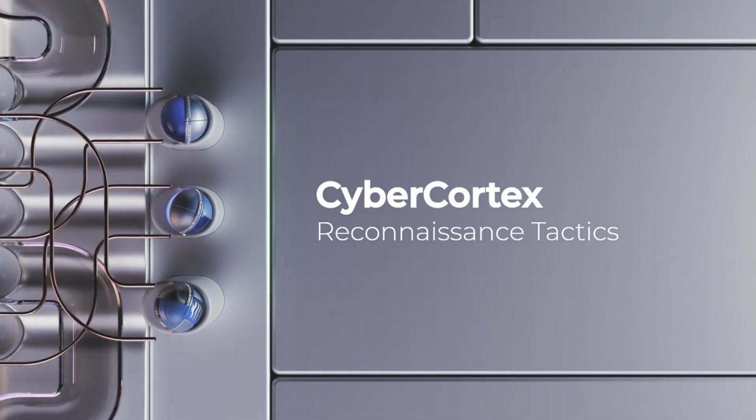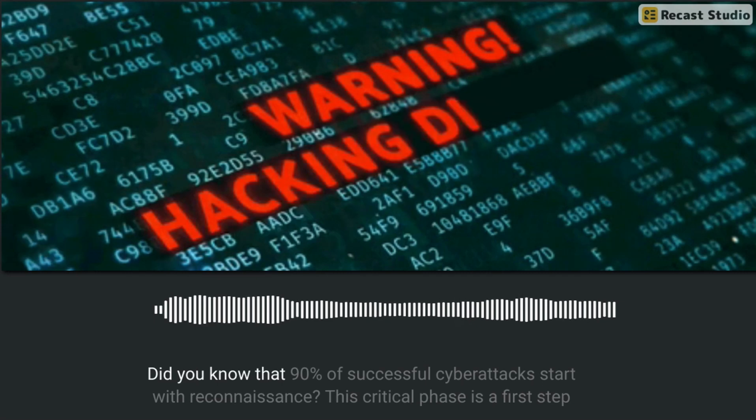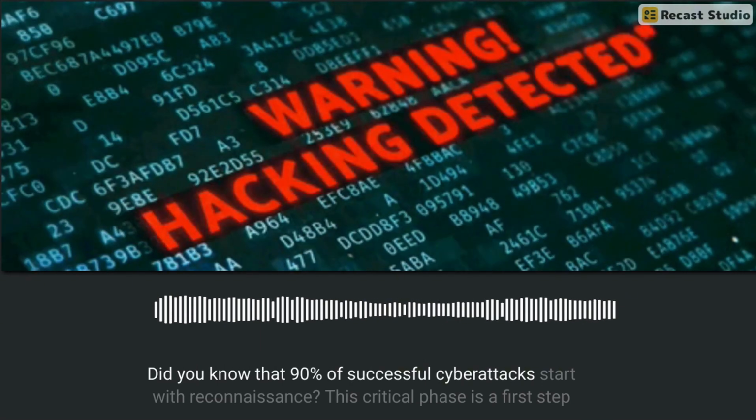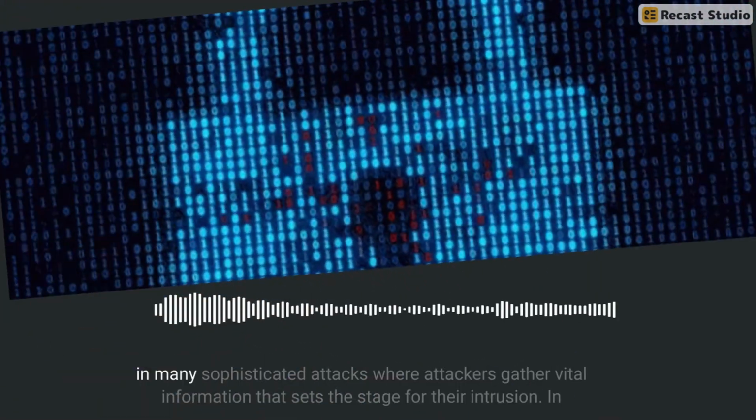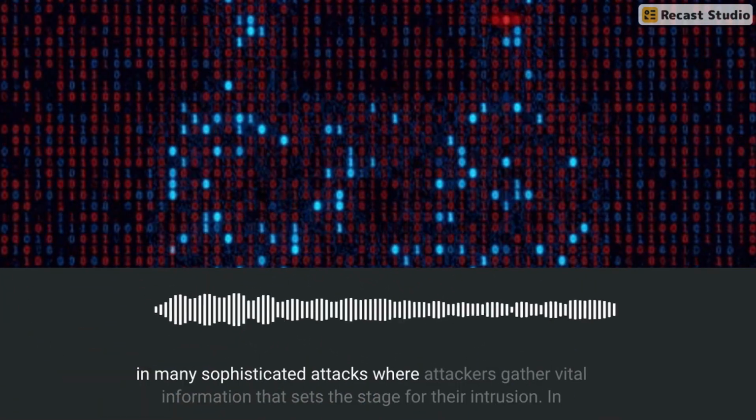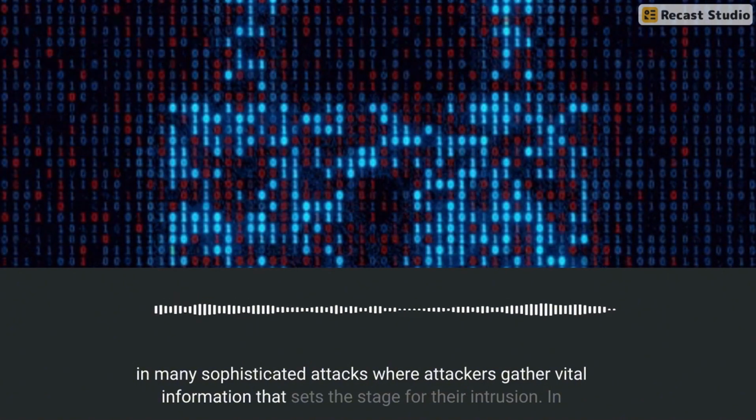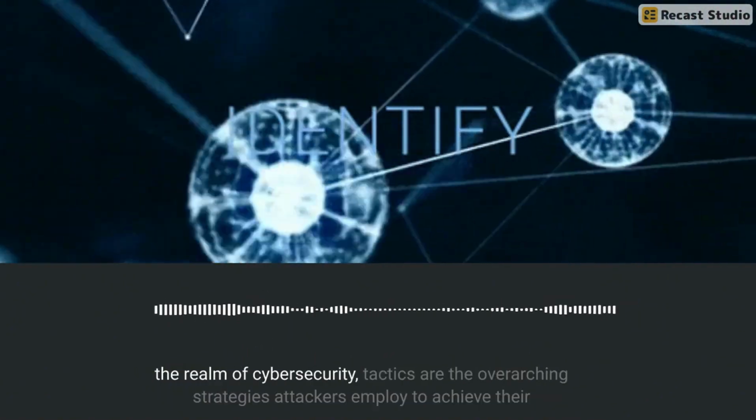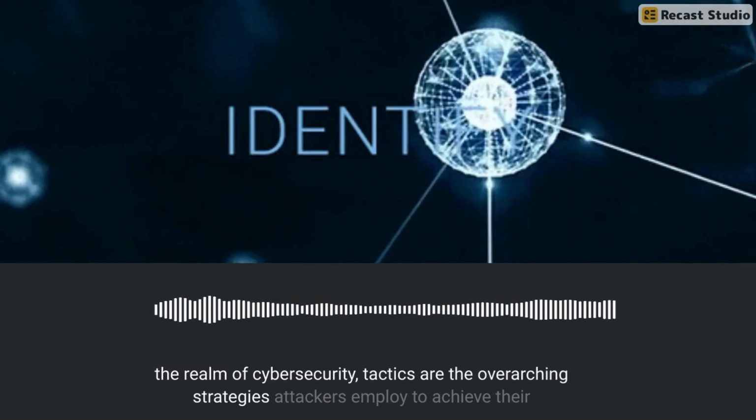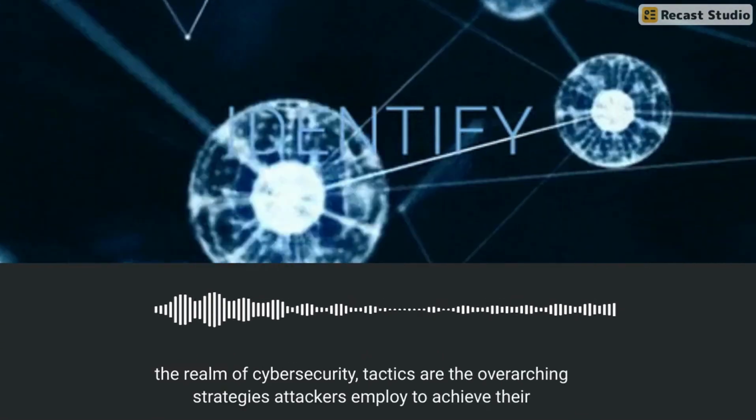Let's dive in. Did you know that 90% of successful cyber attacks start with reconnaissance? This critical phase is the first step in many sophisticated attacks, where attackers gather vital information that sets the stage for their intrusion. In the realm of cybersecurity, tactics are the overarching strategies attackers employ to achieve their objectives during